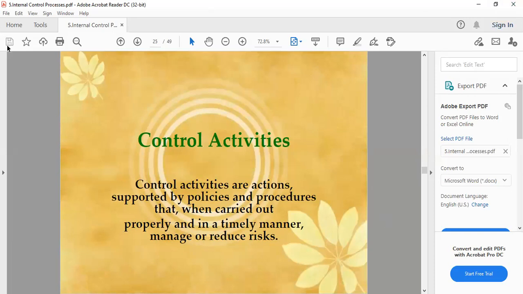Control activities are actions supported by policies and procedures. That's why I highlight procedures, because control activities are also known as control procedures. When carried out properly and in a timely manner, they manage or reduce risks. As explained exhaustively, internal controls would achieve the minimization and mitigation of the impacts or effects of risks in the business or client, because we are in the part of the operational